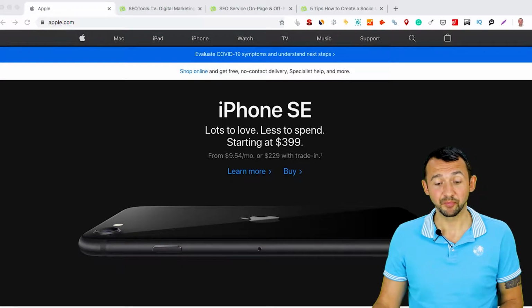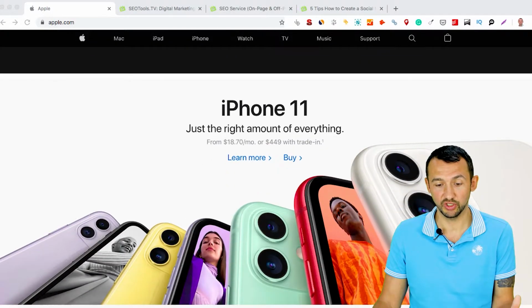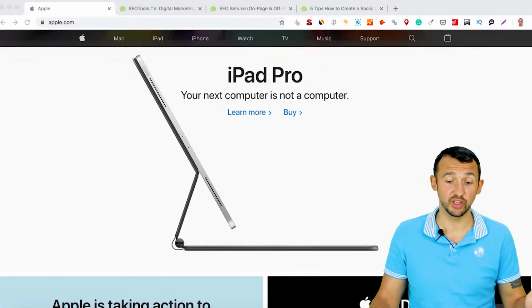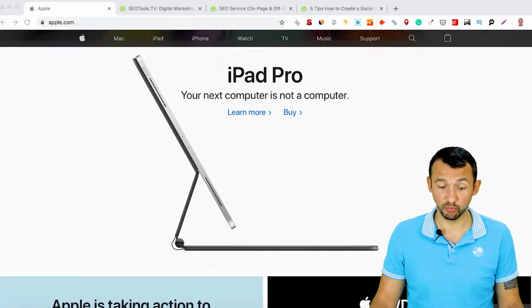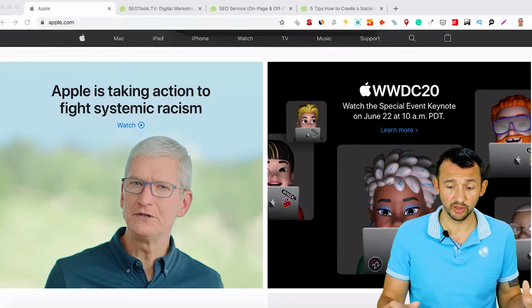Don't do it. That's why Apple uses one product at a time. If you scroll down, you get another product, iPhone 11. If you scroll down, you can see another product, iPad Pro, and only after this, scrolling down, you can see other information that Apple wanna share with you.